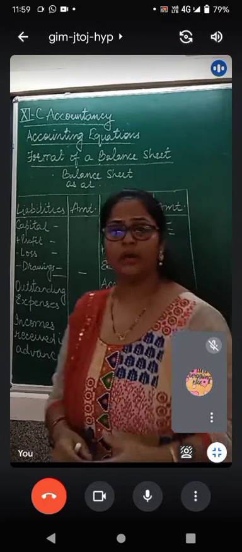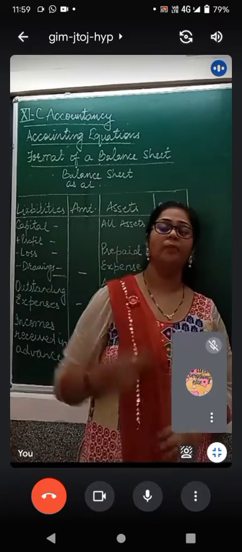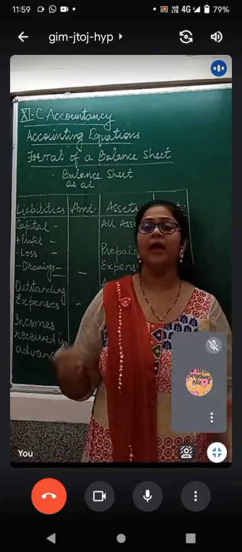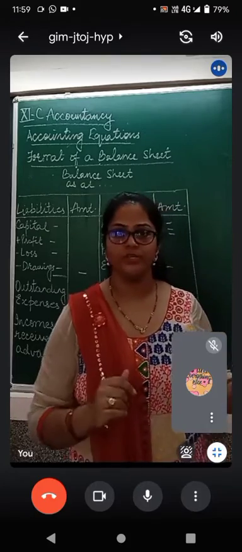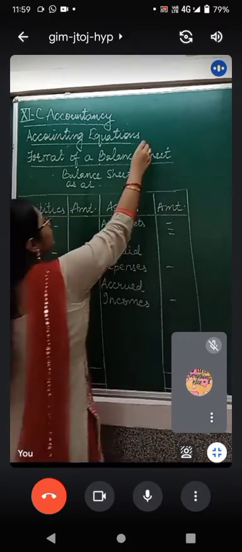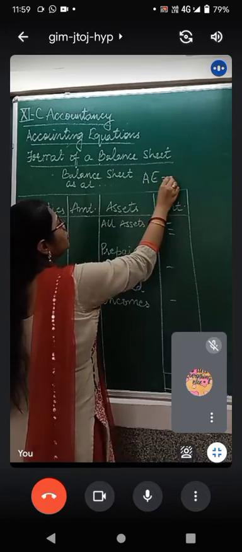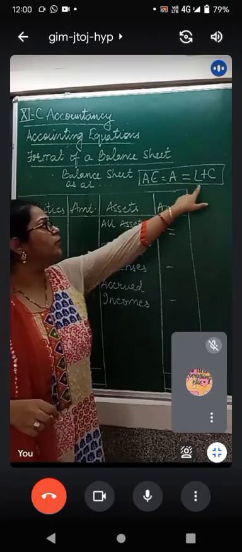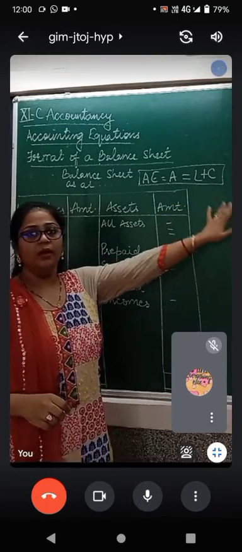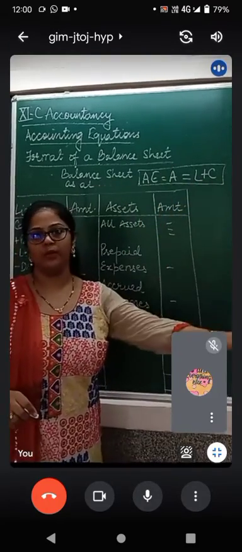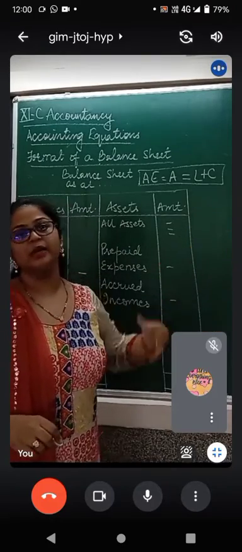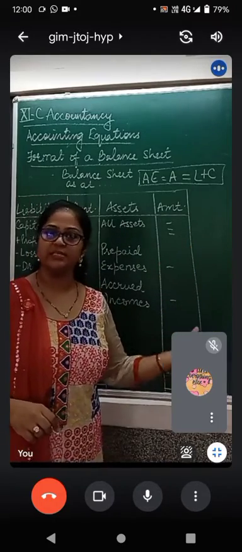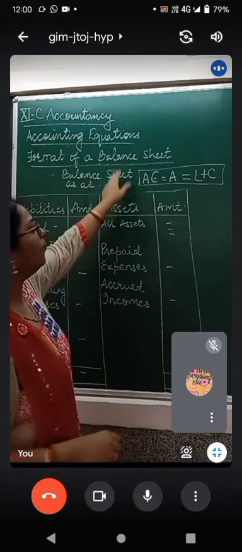Fine. So, class 11C, today we will talk about the balance sheet format and how we put things of accounting equation in the balance sheet. Now you see, ultimately an accounting equation means assets are equal to liability plus capital. Since the first day we have talked about this, assets are equal to liability plus capital. Now while we do it in an accounting equation, we know how to do it. But these balances are to be posted into a certain statement, and that statement is called a balance sheet.